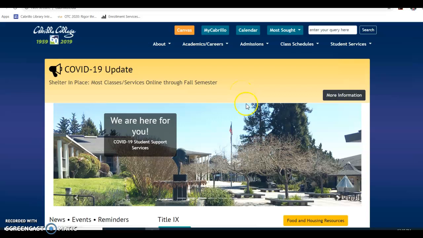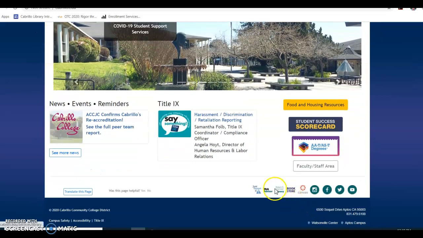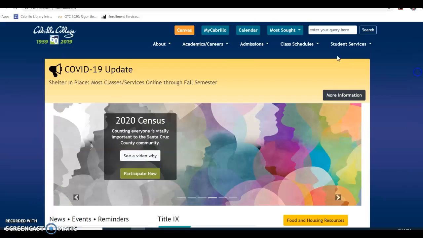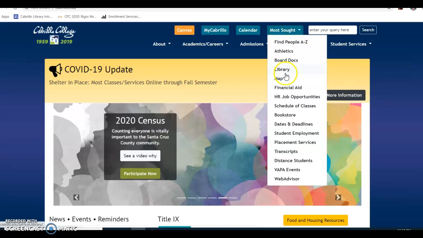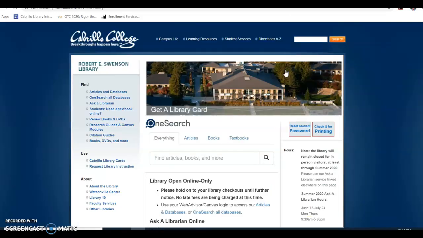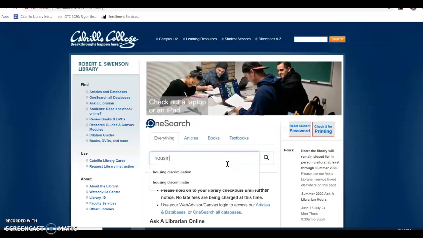All right, we're going to start from the Cabrillo homepage. There's a link to the library on every page down at the bottom, and also up at the top under most sought pages. And this takes you to the library homepage. We're going to be searching in OneSearch, so that's right here on the homepage. You can go ahead and type in your topic